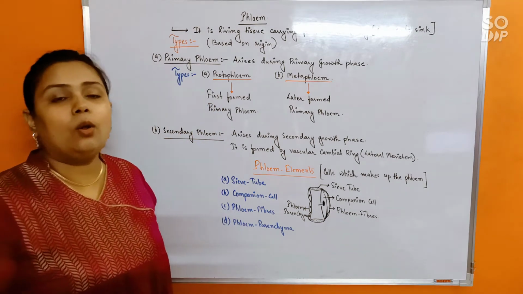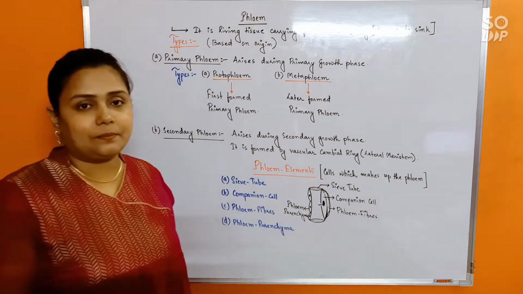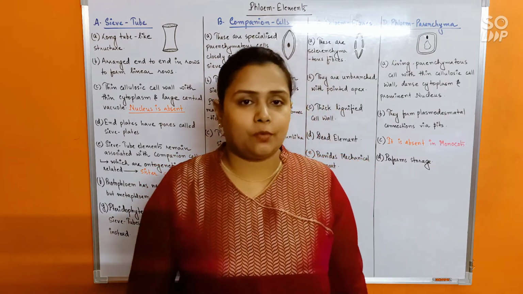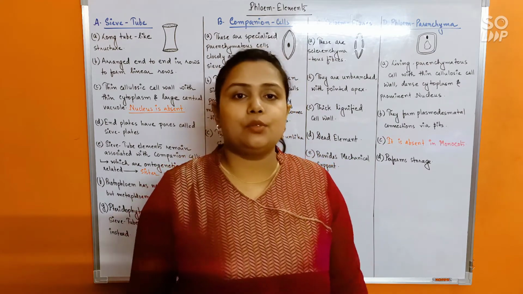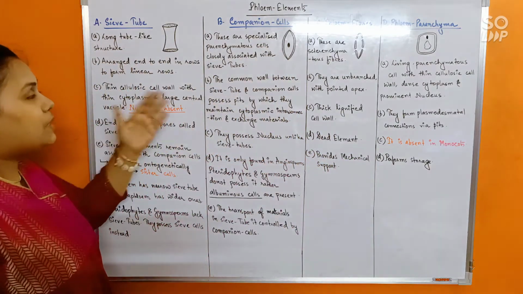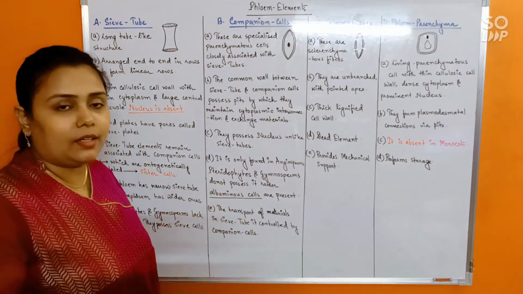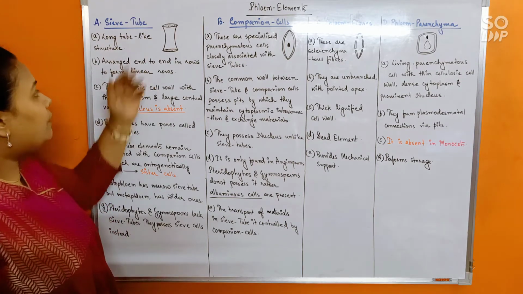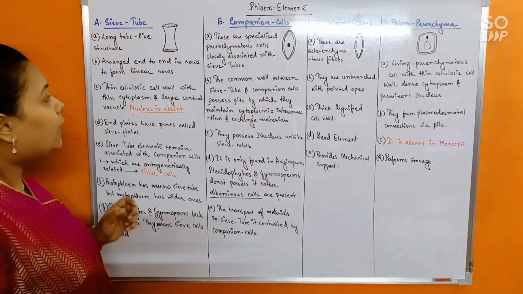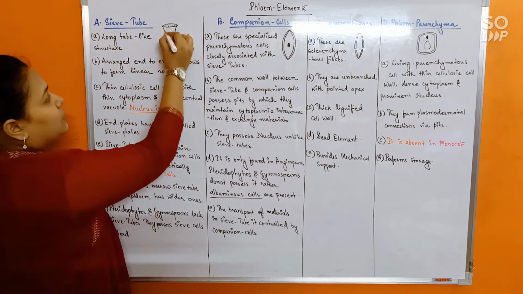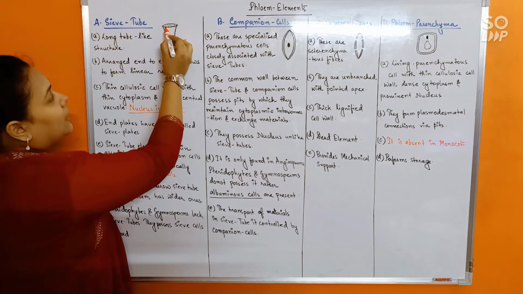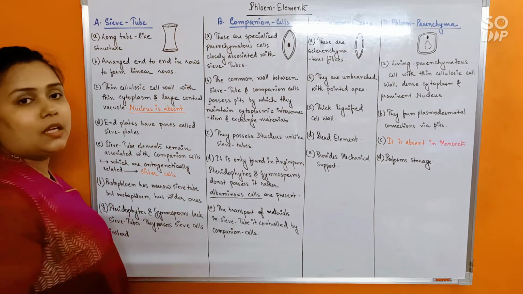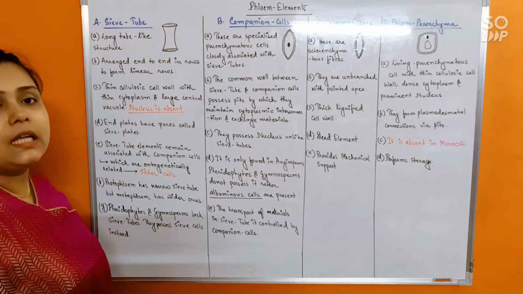So let us see all the phloem elements in detail. Now let us discuss phloem elements. Just like xylem, phloem is also made up of 4 types of cells and they are called phloem elements. And as you know, they are sieve tubes, companion cells, phloem fibers and phloem parenchyma. So let us first start with sieve tube. Sieve tube is a long tube-like structure which has a wider lumen. This is the lumen which is quite wide, and then the end walls are oblique and possess minute pores. So these end plates of the sieve tubes are called sieve plates.